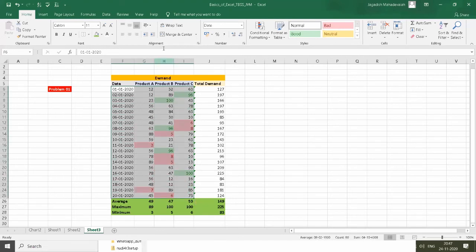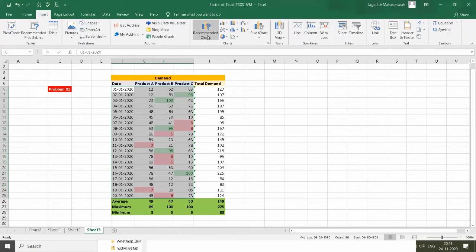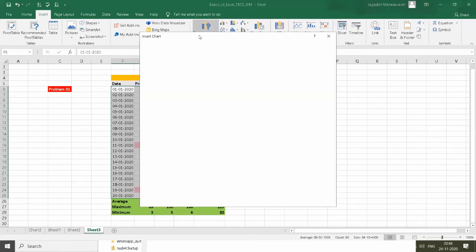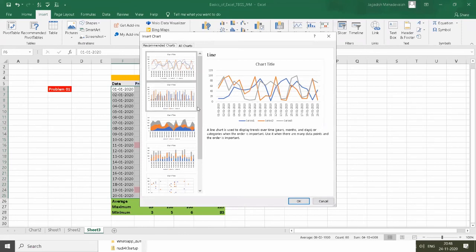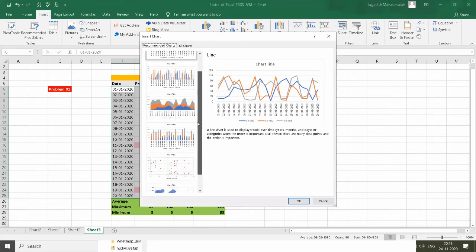Right? Then go to Insert, Recommended Charts. Excel itself recommends some charts, because applications are more intelligent than humans. What to do? So we should go with them. Click on it. Select the one which you like.